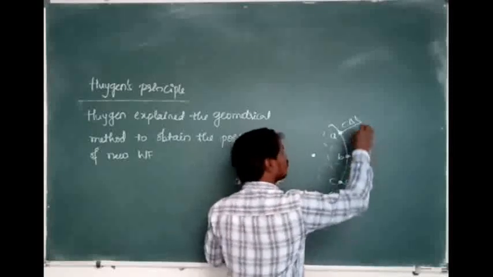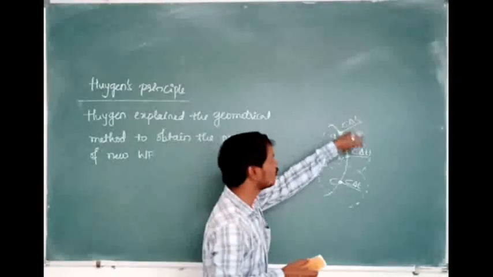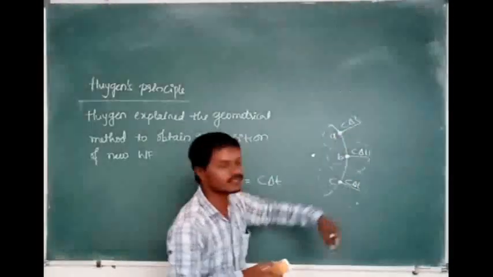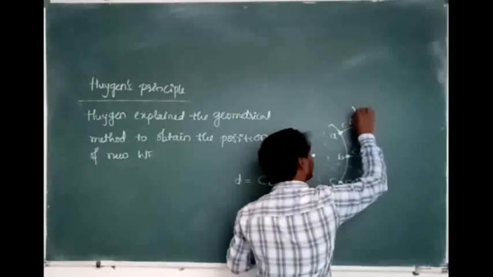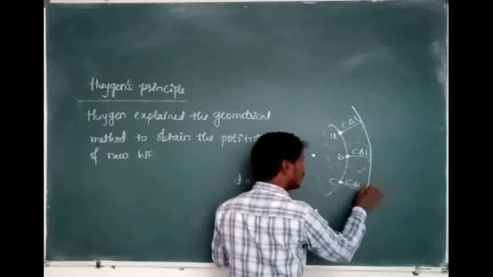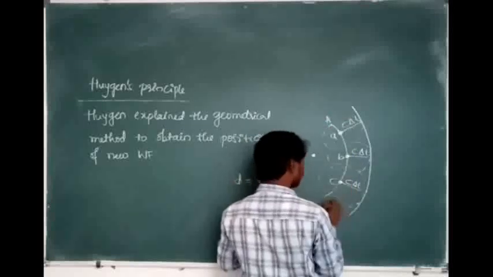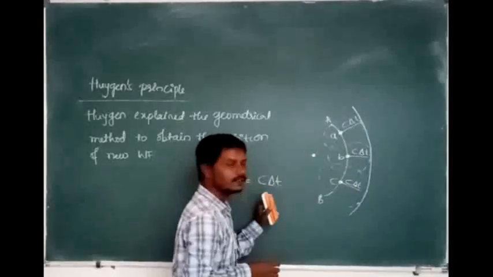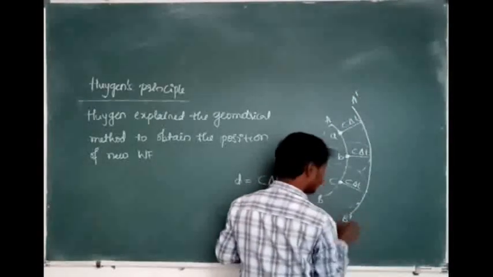Okay, so we are going to draw the tangent to the secondary wavelets. These are called secondary wavelets, and they give the position of the new wavefront. A surface touching the secondary wavelets tangentially gives the position of the new wavefront. So it is the given wavefront: AB is the given wavefront, and A dash B dash is the secondary wavefront.